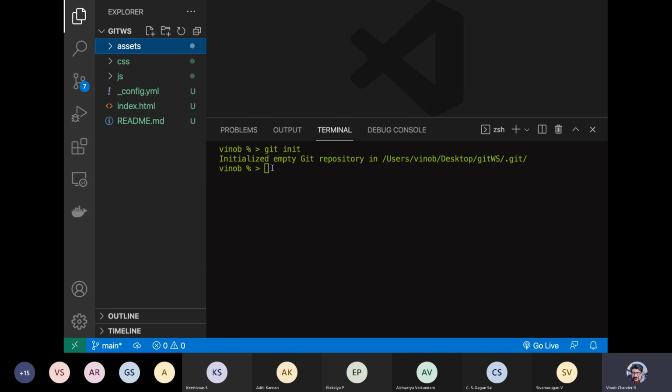Okay, so there are different states, right? We have just done a git initialization. The colors have changed, and you have got a U here, which means that these files are untracked now. So there are different states like the tracked state and the untracked state, and within the tracked state you have got different states again: modified, unmodified, and staged. These states will become quite familiar and natural to you as you keep practicing.